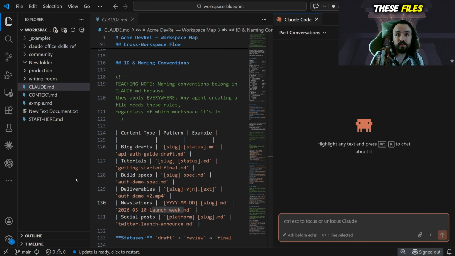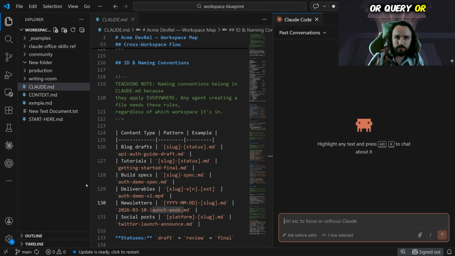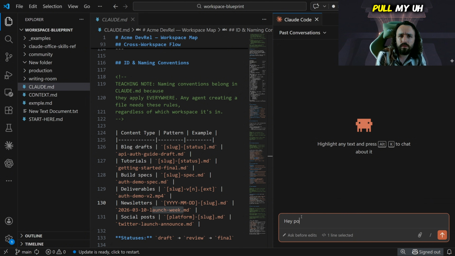Which comes in handy when, instead of having to navigate through these files or have an agent that's connected to some sort of SQL database or vector database or query or Postgres or anything like that, I could just say, hey, pull my auth demo v2 and build a spec from it.